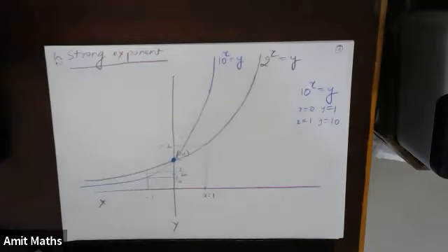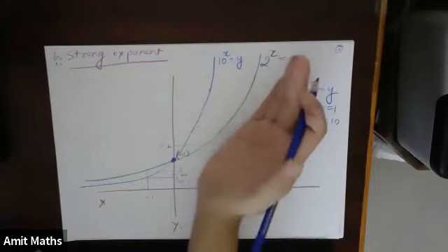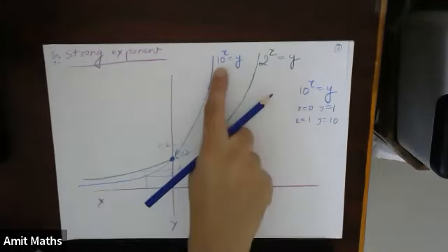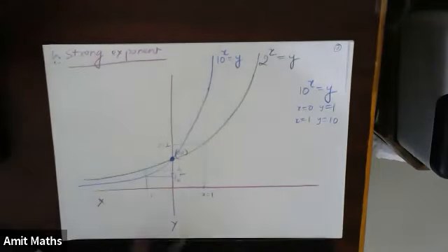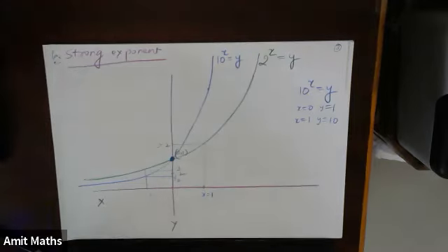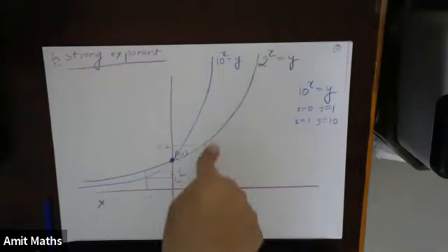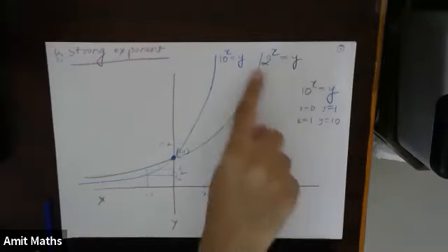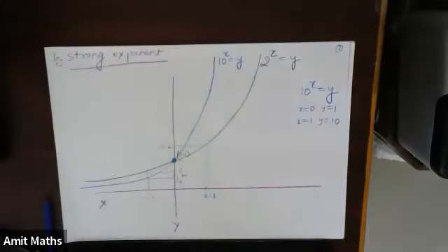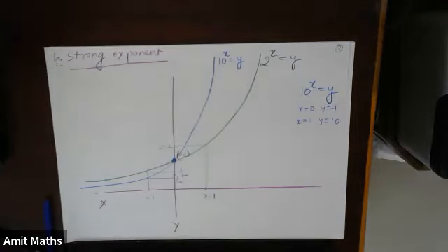So much less. Understood? So this graph moves this side as we increase the value of a, and this graph moves this side as we decrease the value of a. Understood? I want you to draw this graph with base 10 and with base 2, approximate graph of this. Okay, fast, draw this. Then I'll move on to the weak base also.